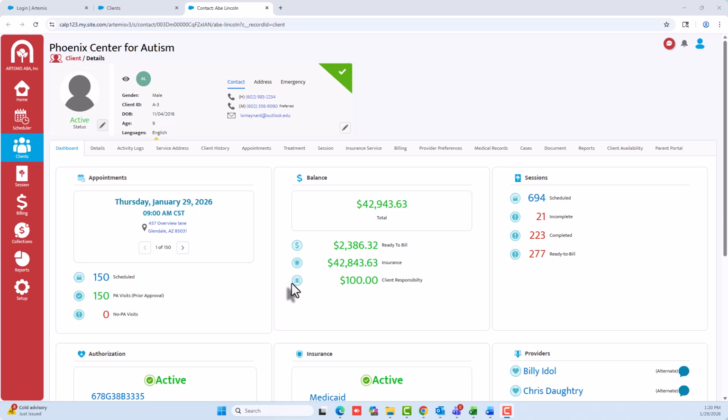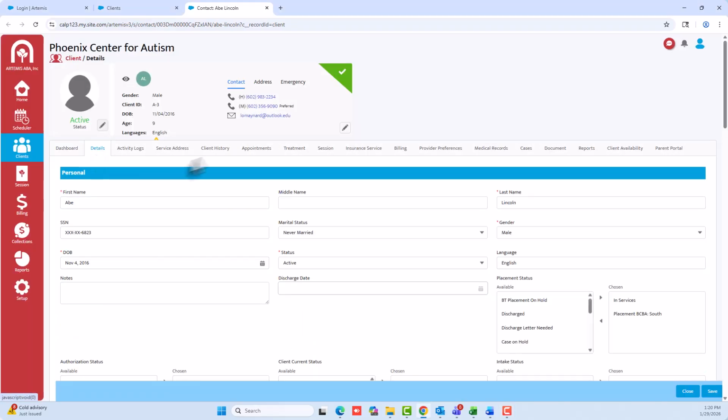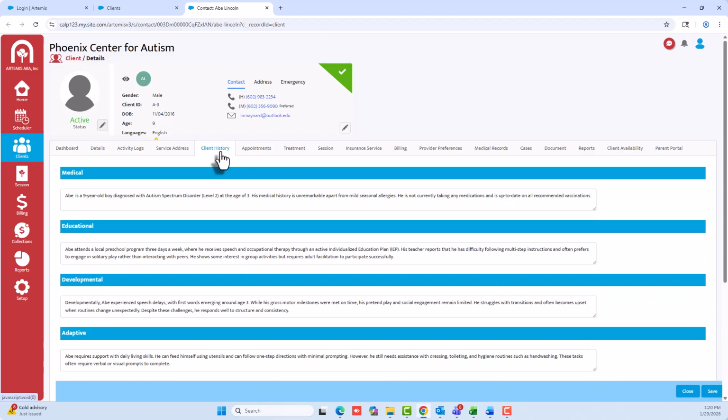AI Initial Treatment Plan Workflow. Go into the Client 360. All the information under the Details section and the Client History will be pulled in to the AI Treatment Plan